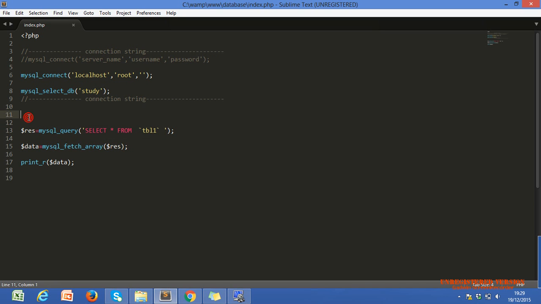You can also take one user defined variable: I just assign the SQL query to one variable and pass that variable into mysql_query. Means mysql_query just takes the SQL statement and executes it, not fetches the data.